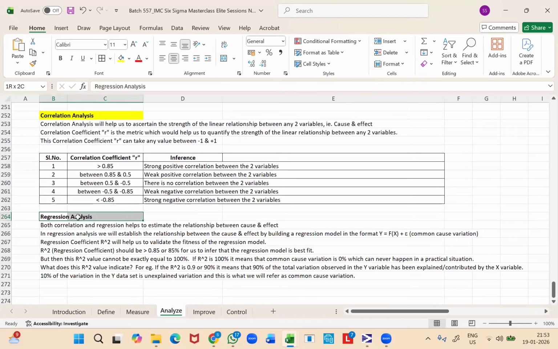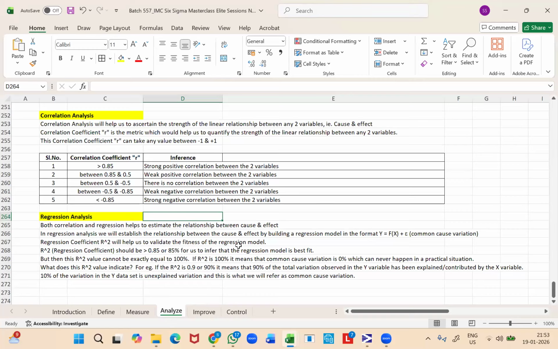So the final section in the analyze phase is going to be regression analysis. Again, I repeat, the exercises under testing of hypothesis as well as the correlation and regression analysis will be solved on the 11th day of this training session. As part of the common curriculum, we'll be looking at only the concept of correlation analysis and regression analysis, right? So the exercise will be solved on the 11th day, which will be under the black belt specific curriculum,